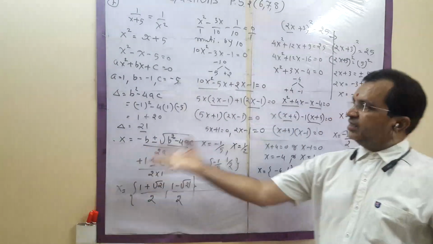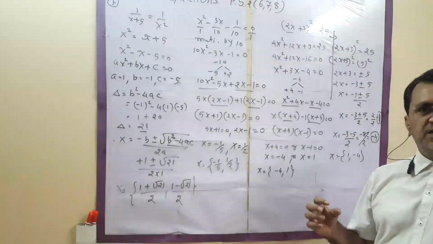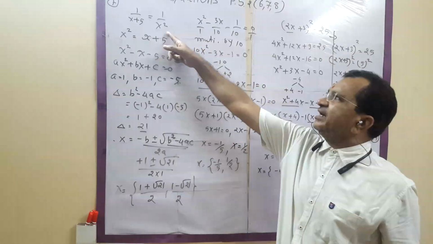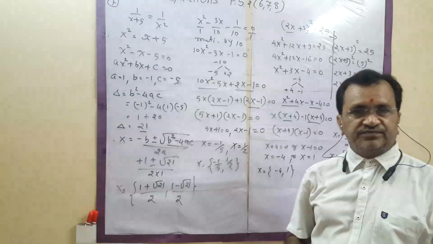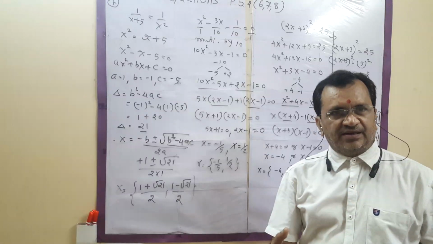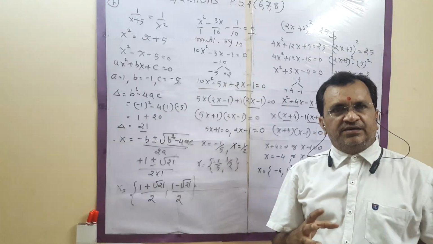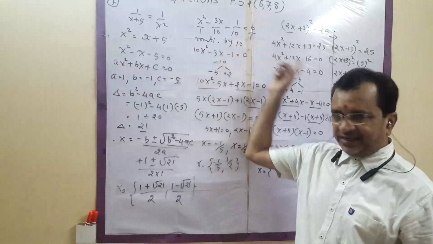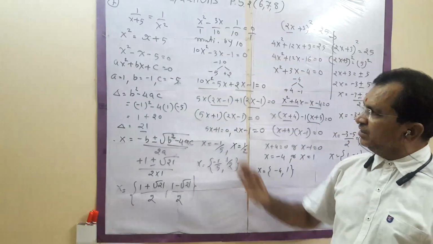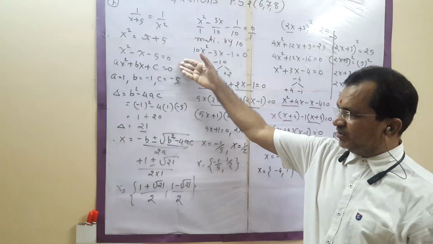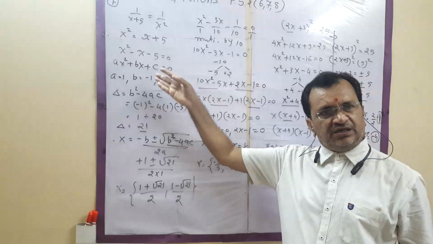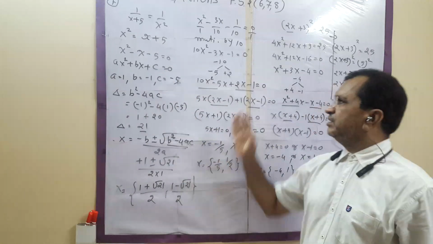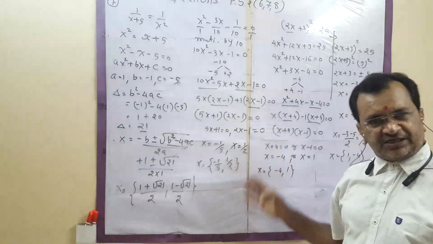3 sums I have taken, again 3 sums I have taken. It is in a zigzag form, directly it is not a quadratic equation. I have simplified, then I have converted it into the quadratic equation. Here factoring is not possible. When factoring is not possible, do by formula method. When factoring is possible, do by factor method.